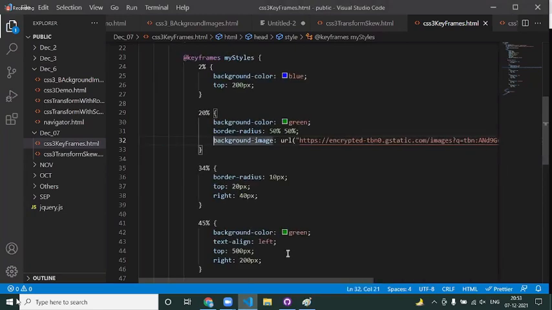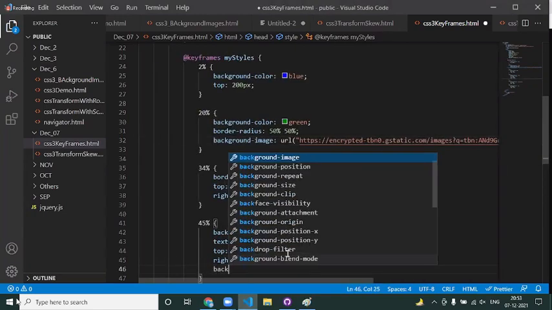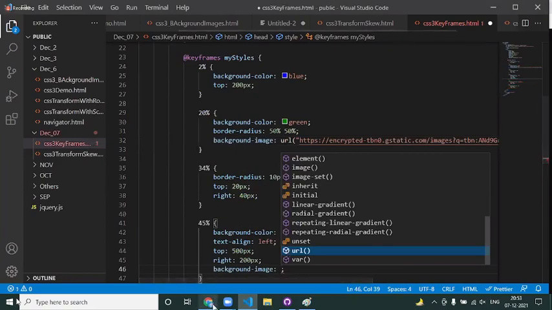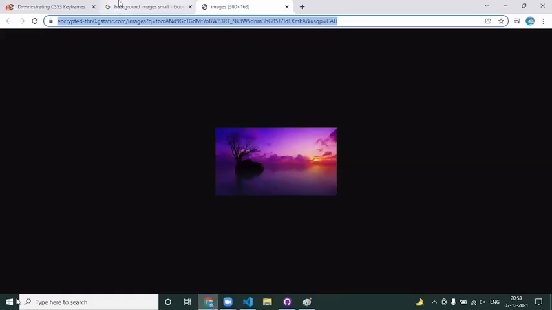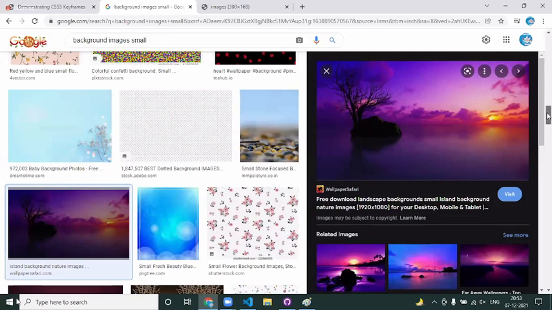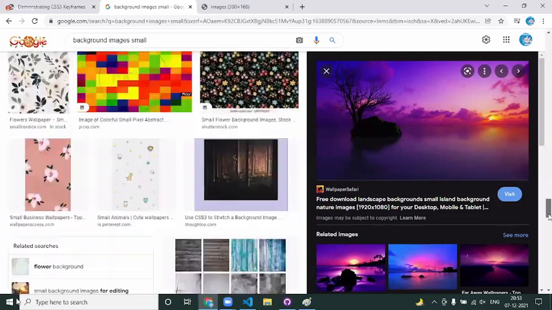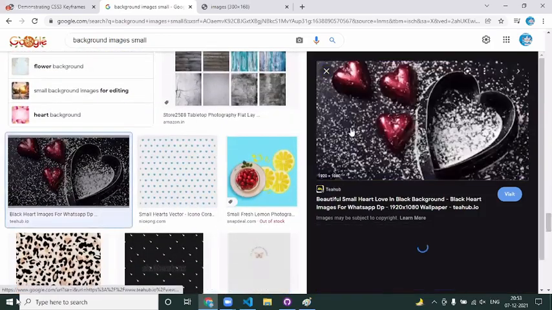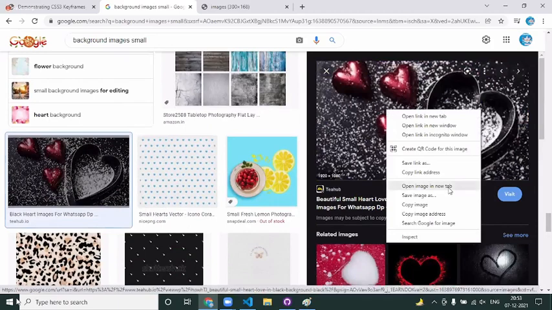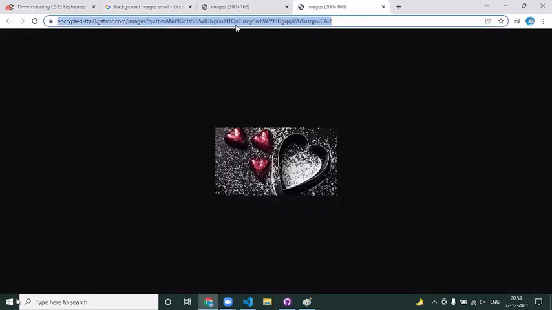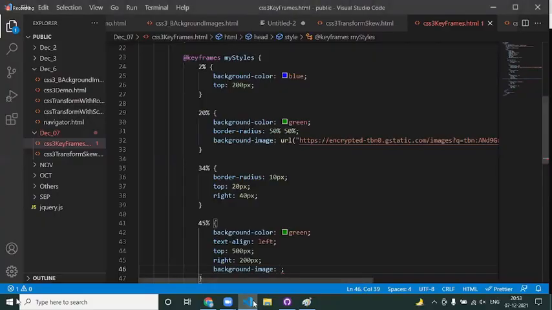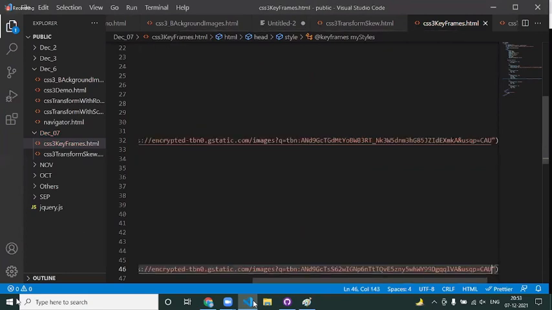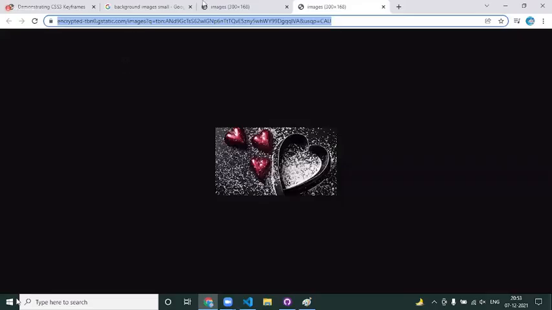In the same way, I would like to change the background image at 45% to something else. Right now I'm just adding two of the images.